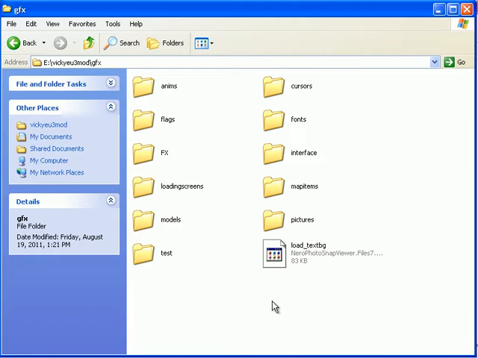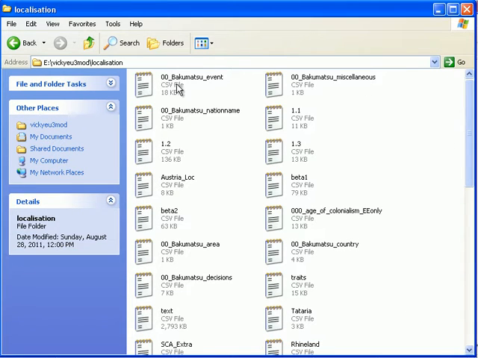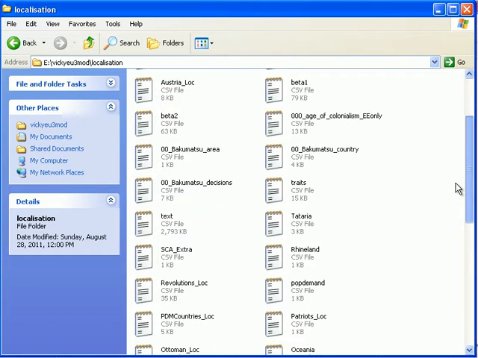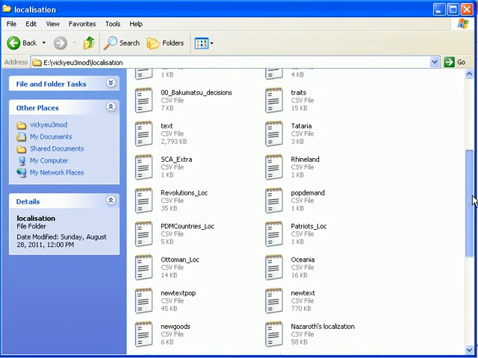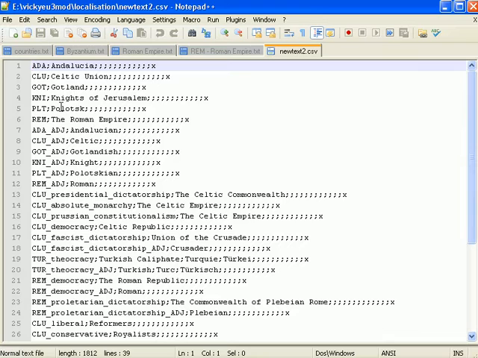Something else you have to do to make it, I guess, more palatable is go into the localization folder, and this is probably the most painful thing. You can see there's a lot of things here that were made in either the More Countries mod, which is included in the Pop Demand mod, or the Pop Demand mod itself. So, yeah, let's look at mine, which is Untext 2. Okay, so you can see basically the format for this is, and this is from one of the other text files. It works fine, but the main